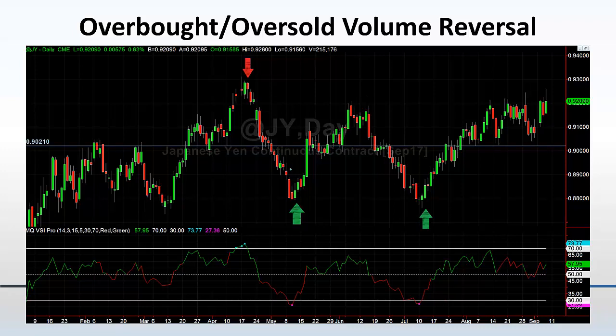This is the yen. This is on a daily price chart. All right. So here we go. We get extended to the upside. Volume starts to dry up. Now, the longer the time frames we have, okay, the longer the time frame we're analyzing with this tool and with any strategy really, the bigger the expected move once that setup triggers. So if we're looking at a daily, obviously we can expect a much larger move in the opposite direction.